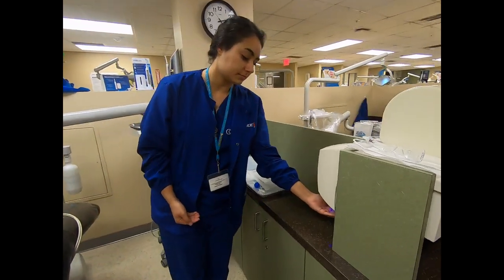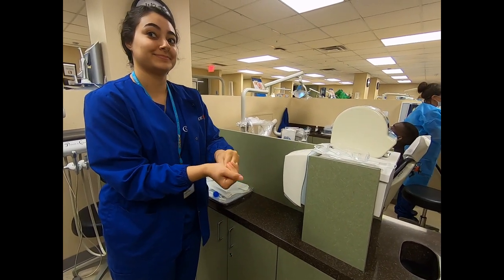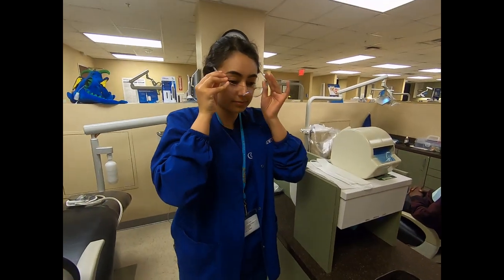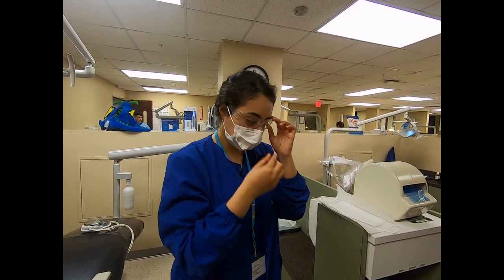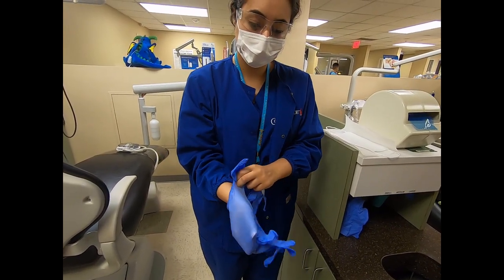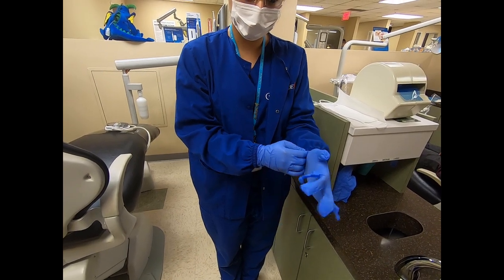Now we will prepare to set up the room. You will begin with sanitizing your hands per WHO, 20 to 30 seconds. Apply your goggles, face mask, and gloves. Now that you are wearing all appropriate PPE, you will start by wiping all surfaces of the room in a